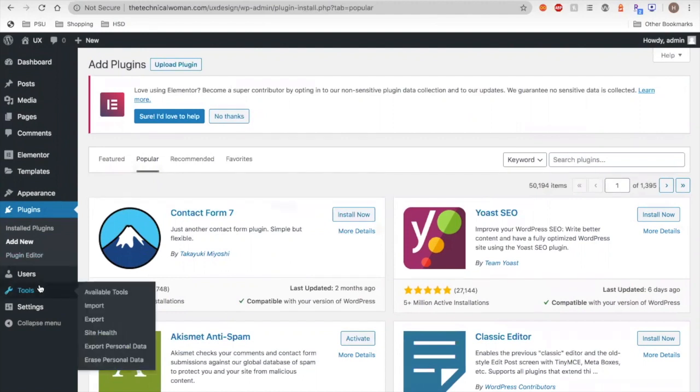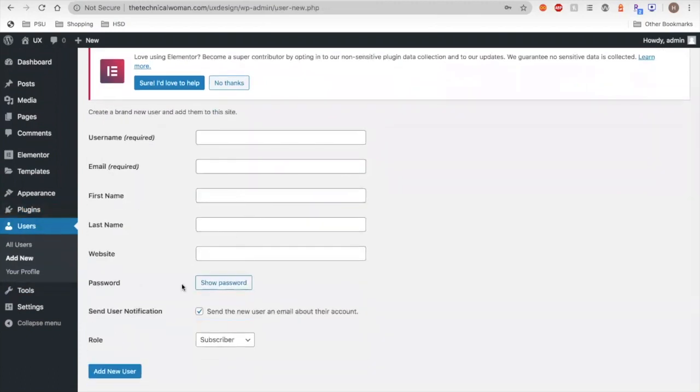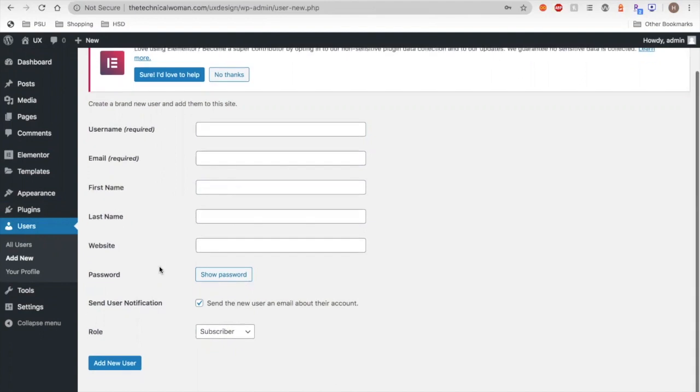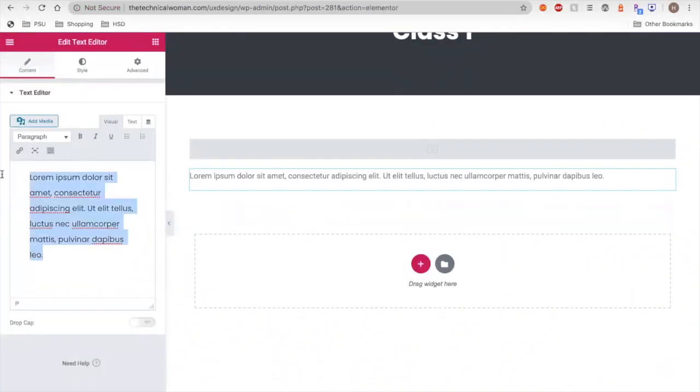Also, another thing is for users, you can easily add other users to be using your site. So say I wanted to add a TA in here, let them add pages or whatever. You can do editor, you can edit pages, send them requests, and now they'll have access to editing the site. And I think that's also helpful for classes. If it was being taught by a different teacher the next year, you can just change the admin and move it over to somebody else. So if I was adding a new page, I want to do class 1, edit it, have your content right